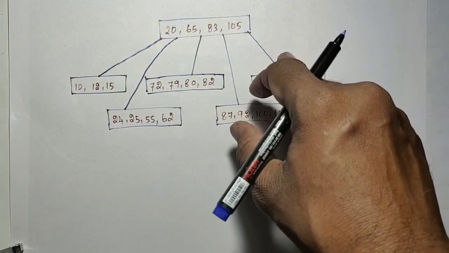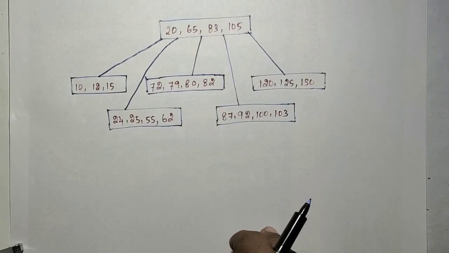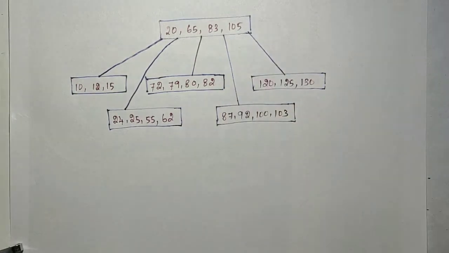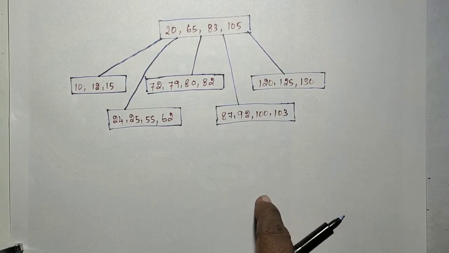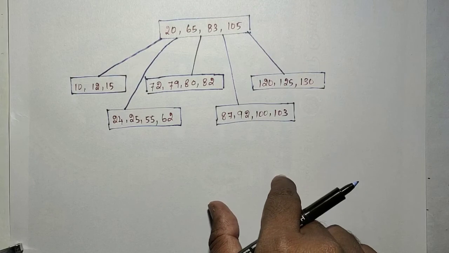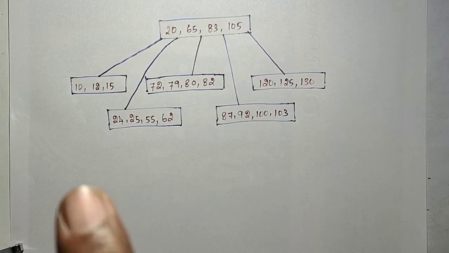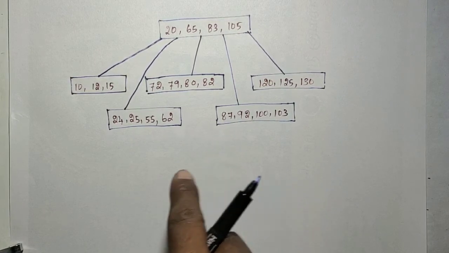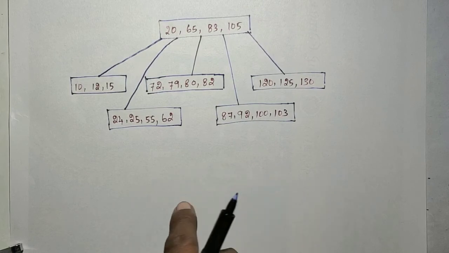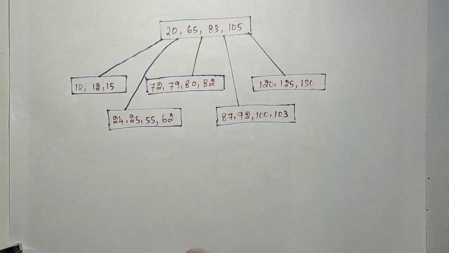Similarly, for internal nodes and root node, one more step we have to do. Internal node or root node means, from the left subtree I need to choose the rightmost element that needs to be moved to the place of the deleted element. Then that leaf, from which you have moved one element, needs to be checked for an underflow or not. If it goes underflow, then we have to borrow from the left or right or merge. So like that you can write that algorithm yourself for the deletion.